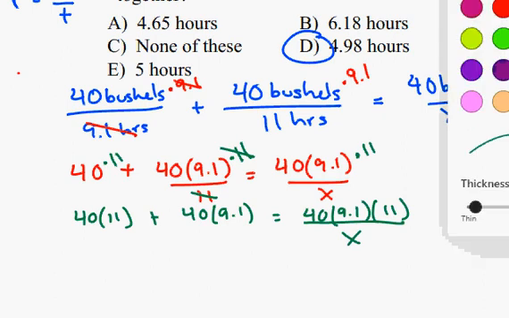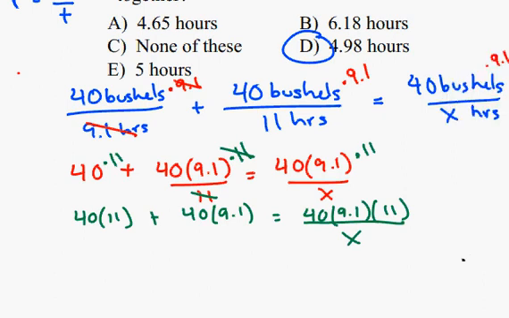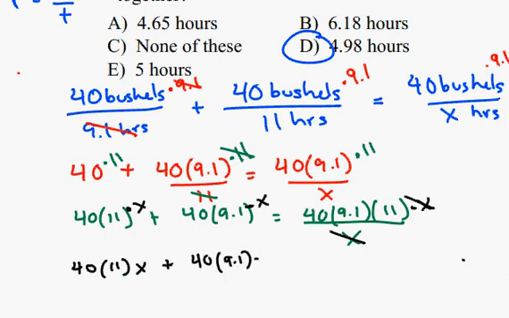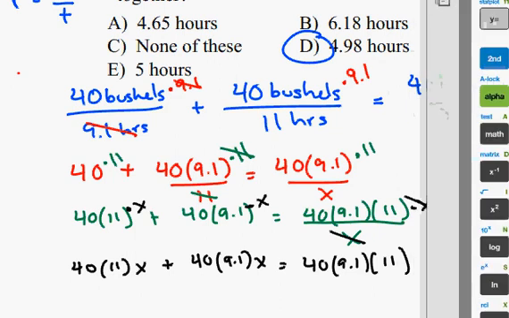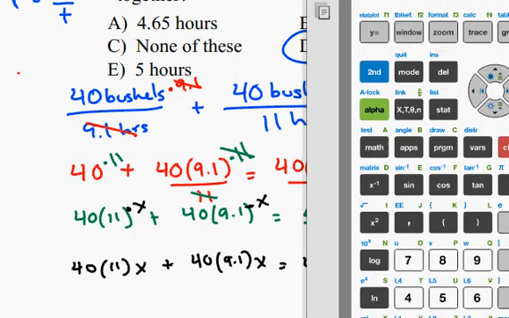So the last step before we can solve is to multiply by x everywhere. You'll see this x cancels out this x. We've got 40 times 11x plus 40 times 9.1x equals 40 times 9.1 times 11. And these 40s make things a little more difficult, but thank goodness we have calculators. So we can just do,